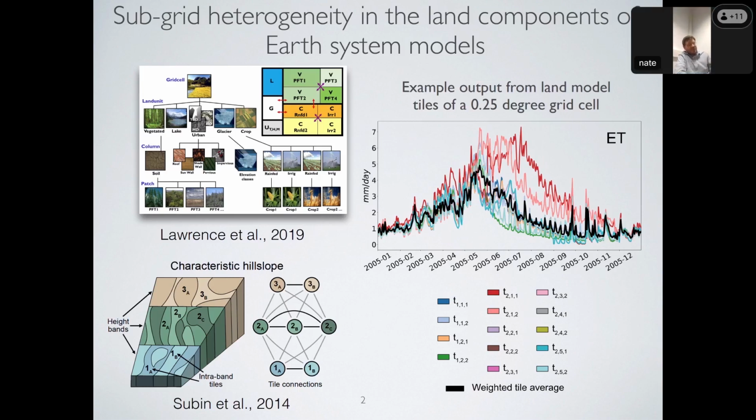There have been a lot of advances in terms of tiling that I'm not going to talk about here. But the idea is that over the past few decades the land modeling community has put a lot of emphasis on improving the representation of heterogeneity in the subgrid. And then the question that emerges, next slide,